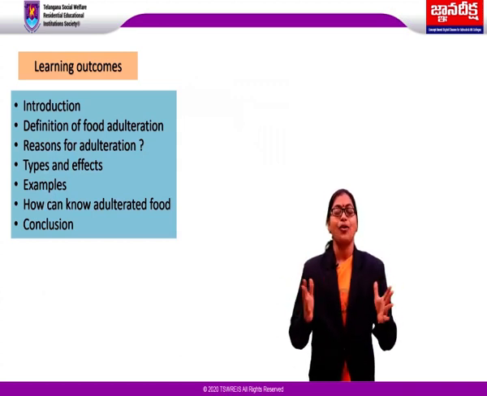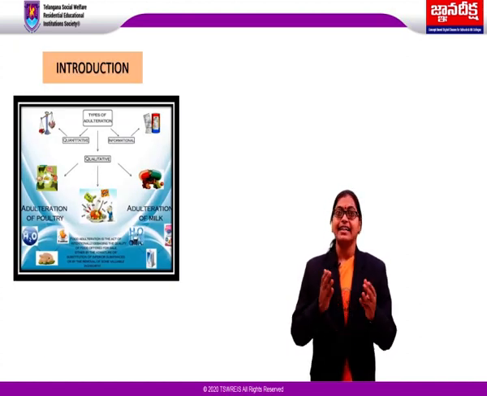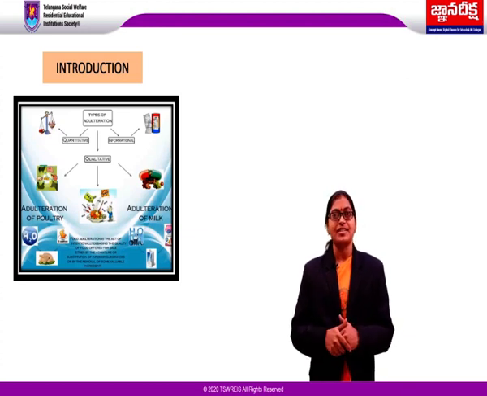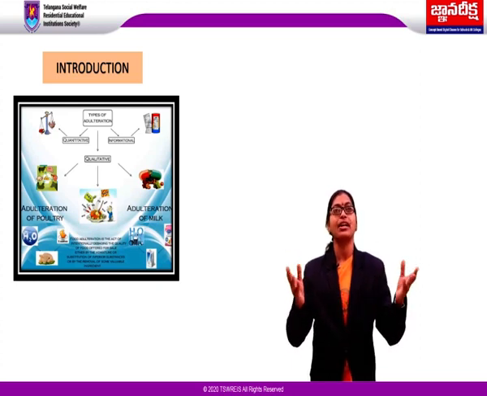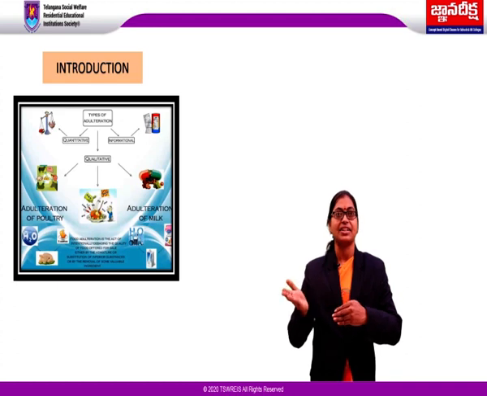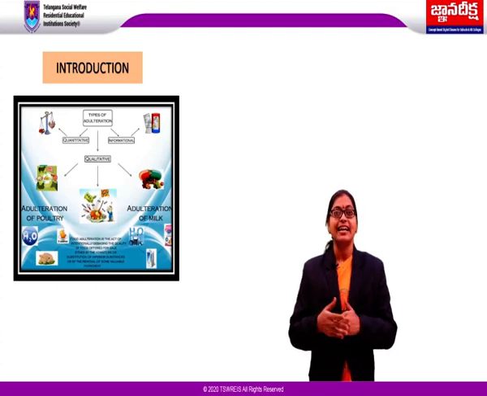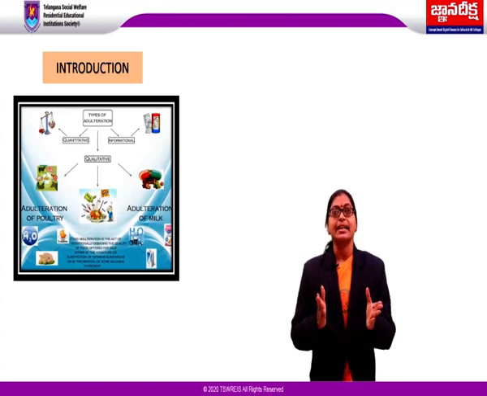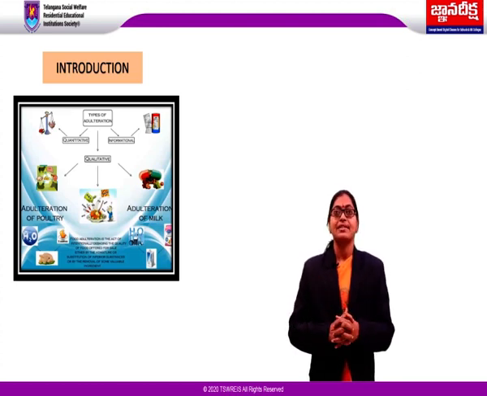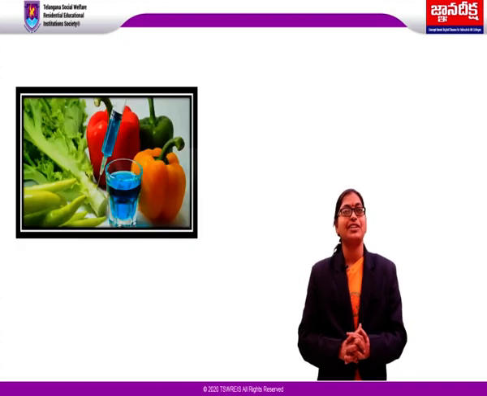So what is the introduction of food adulteration? Adulteration of food is commonly defined as the addition or subtraction of any substances to or from the food, so that the natural composition and quality of the food is affected. Food adulteration includes mixing, substitution, concealing the quality and putting up decomposed food for sale. Not only that, misbranding or giving false labels, and addition of toxicants. So my dear children, now we're going to know the exact meaning of food adulteration.